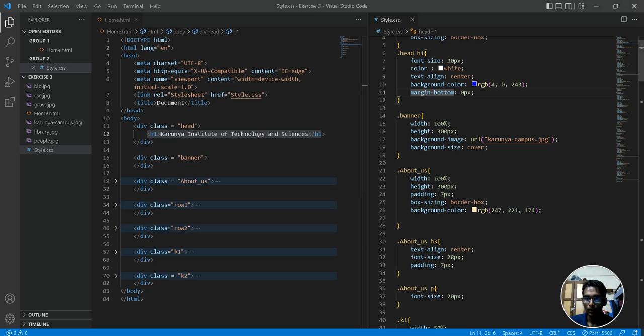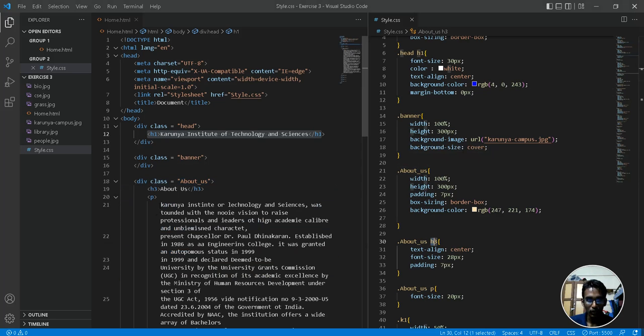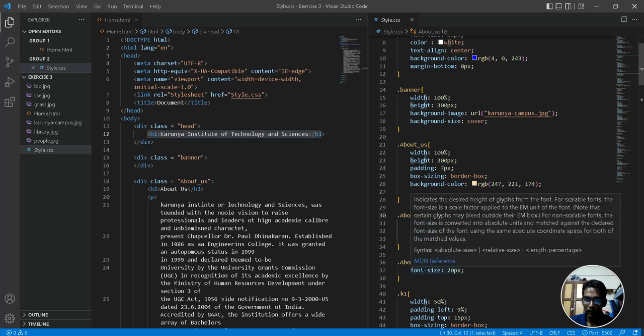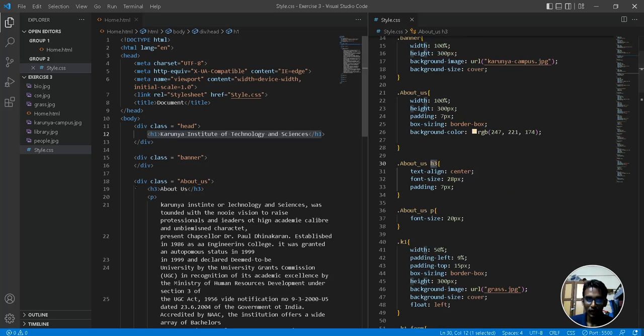To edit that division I use just .about us, but to edit a specific element like here, h3, let me just show you that. Here as you can see, in about us, h3 is the heading tag, so I specifically targeted that using h3 and edited it. And to edit the paragraph I use about us p to edit that particular element tag. After that,